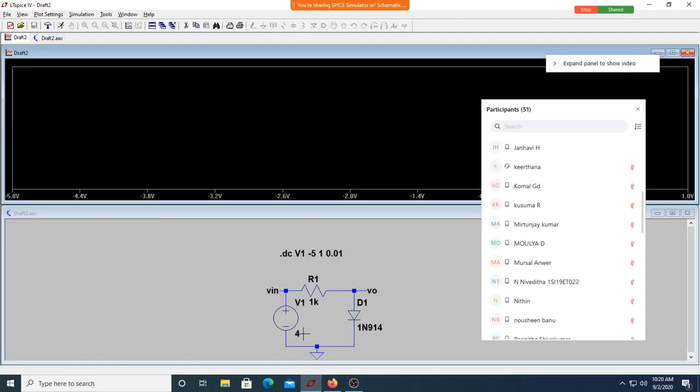No, sir. Okay. What is the voltage we are sweeping now? 4 volts. No. From where? No. Why that 4 came? No. 4 volt is nowhere coming. Voltage source V1, you are sweeping from where to where? Sir, -5 to 1. -5 to 1 with an increment of 0.01. How much is that in terms of millivolts? 10 millivolt. 10 millivolt, correct. So don't say 0.01, say 10 millivolt. 10 millivolt is a more electronic way of saying it instead of 0.01 volt. Done? Okay.